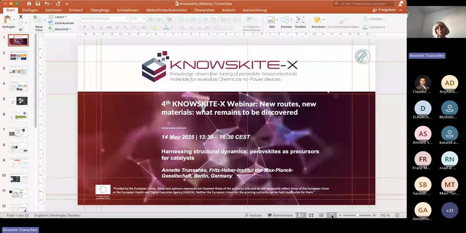So our aim is to minimize the materials complexity while we optimize the functionality. So we try to investigate model systems, but the model systems should not be too simple, so that they show the full functionality, as well as good properties as a catalyst. And we apply operando studies. That means spectroscopic investigations while the catalyst is working.